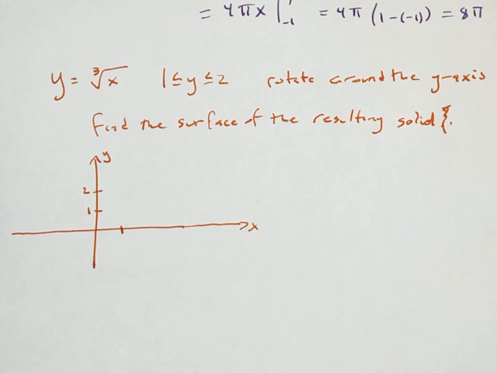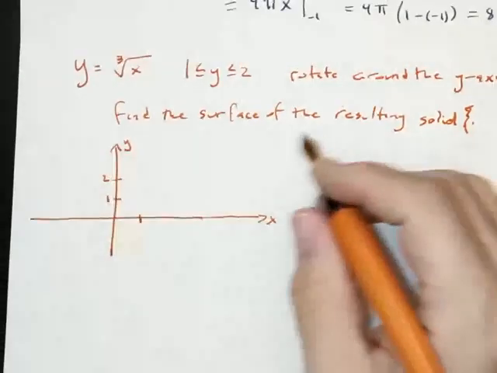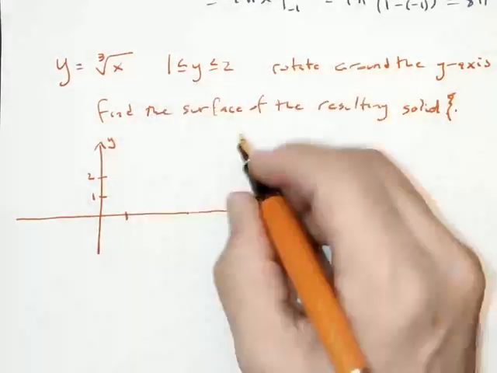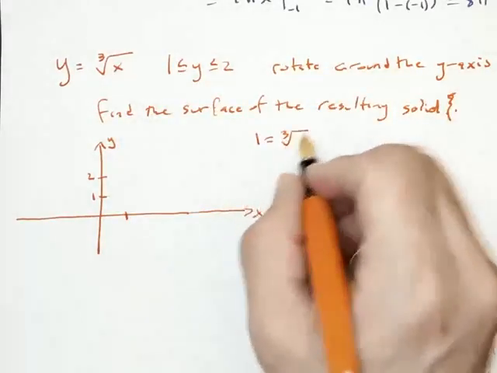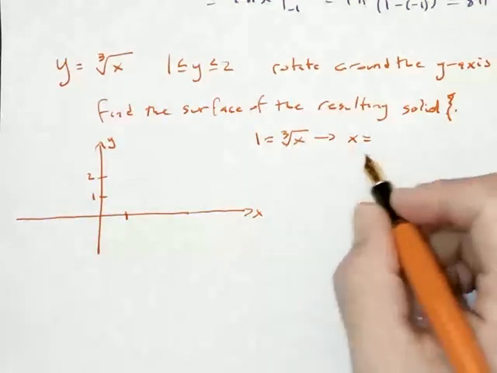Kind of looks like the tangent inverse, except there isn't a horizontal asymptote. That graph keeps growing. Now, I'm only concerned with what's going on between y equals 1 and y equals 2. Wait a minute. If y equals 1, then x is